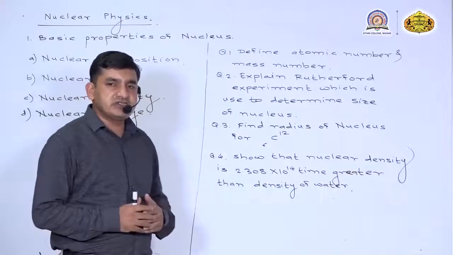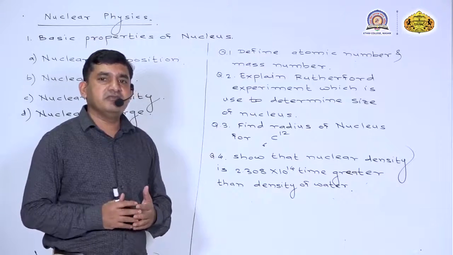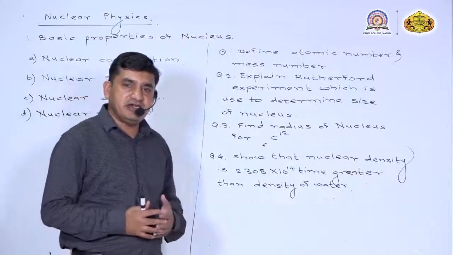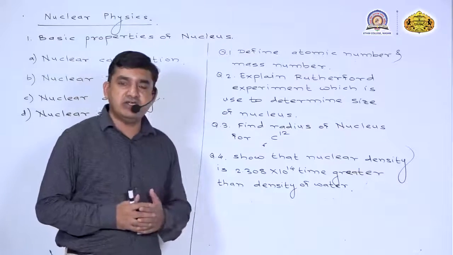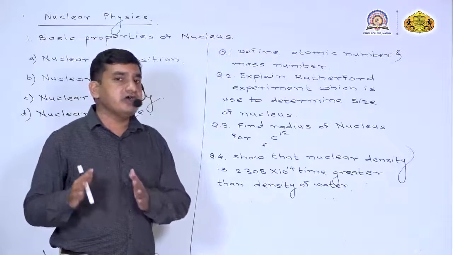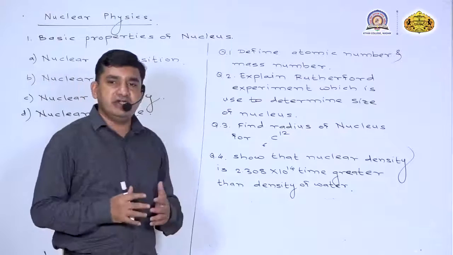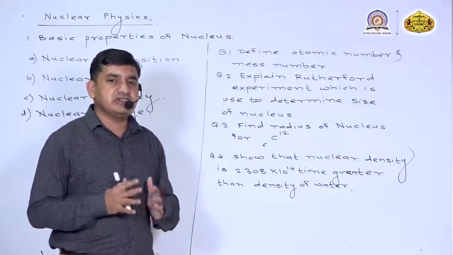First question is define atomic number and mass number. Second question, explain Rutherford experiment which is used to determine the size of a nucleus. Then third question is find the radius of a carbon atom, that is carbon